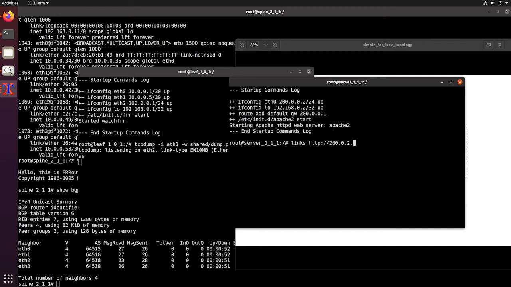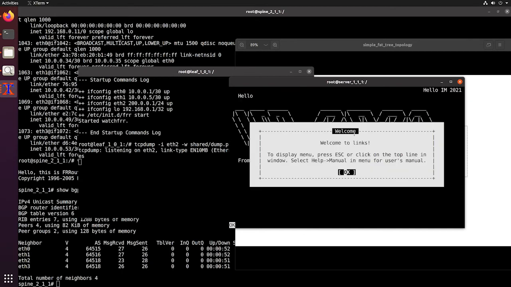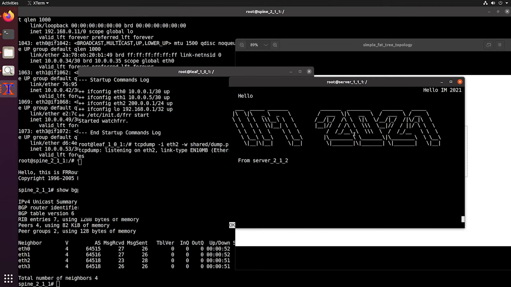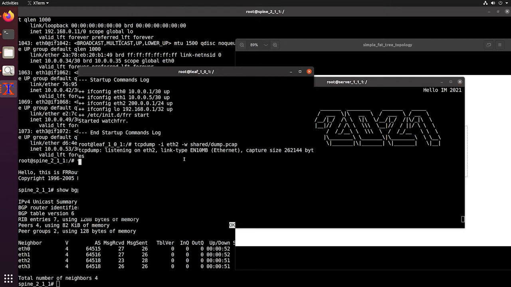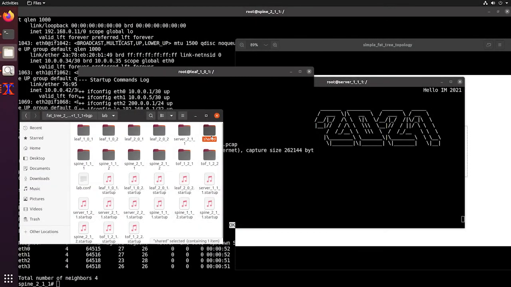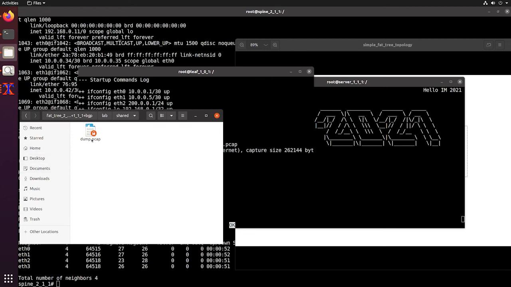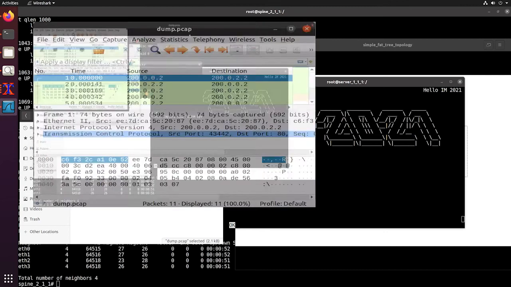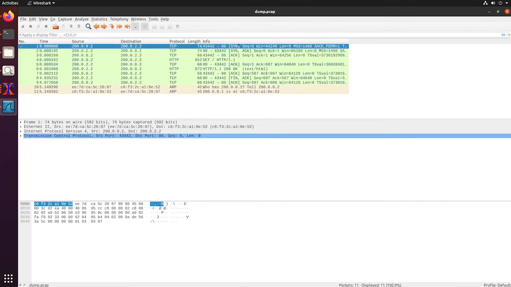So, from server 111, I open the web page using links. Now, I stop the dump and you can find the pcap file in the shared directory of the lab. If I open it with Wireshark, you can see the HTTP requests of the web page.